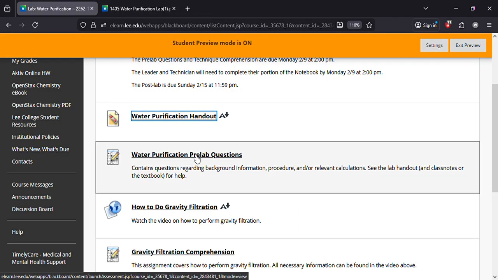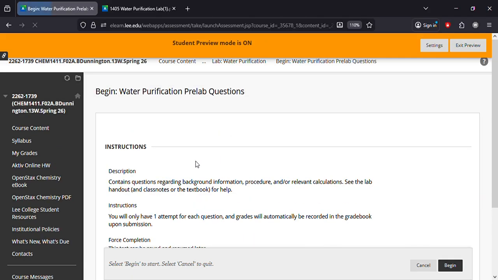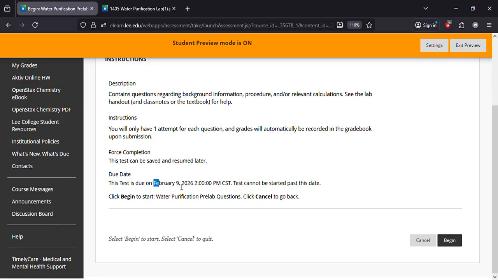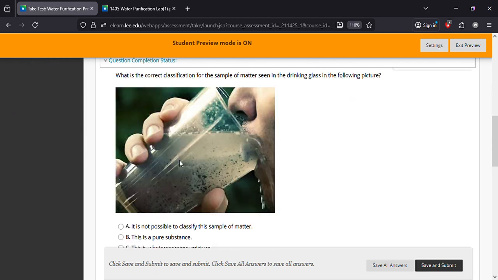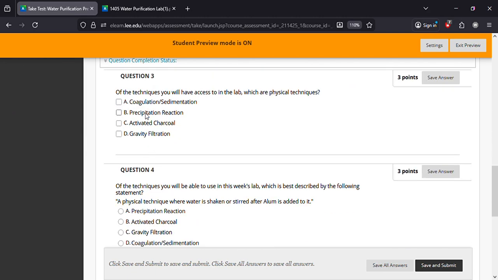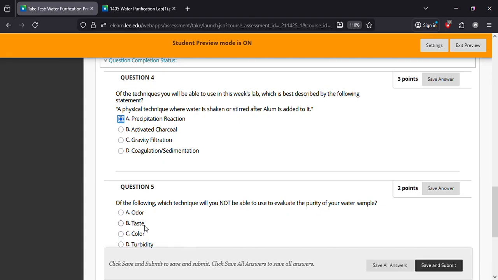Then we've got the pre-lab questions. We did a pre-lab in week 1, and the only difference this time is that it's going to be due before lab starts. So before that first day of lab on Monday, you're going to need to do the pre-lab, and the format's going to look similar to what we saw for the first week. I'm just going to click some stuff